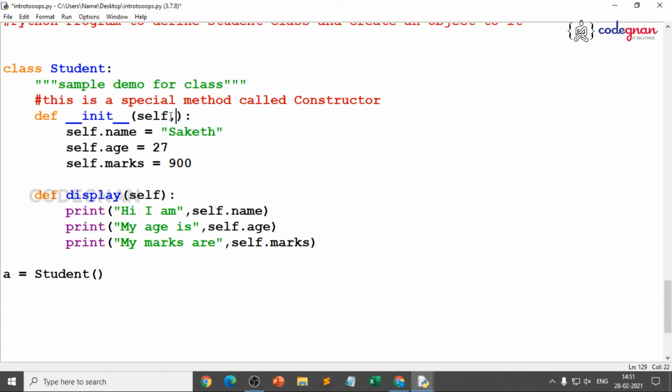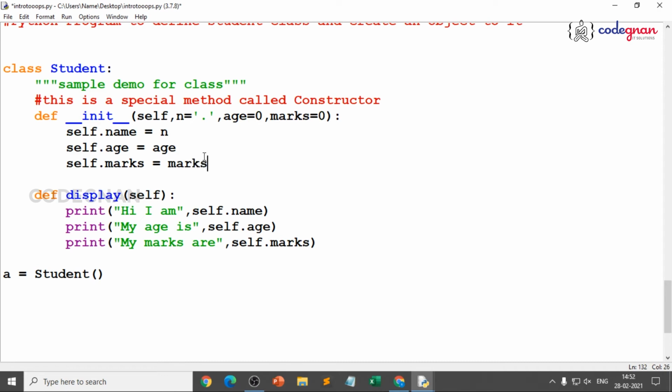So I'll keep up the same program: self, comma, n is equal to dot. I want to throw some default things. It's up to you, whatever you want to give. I'll give age is equal to 0 and marks is equal to 0. Now I'll give self.name is equal to n, age is equal to age, marks is equal to marks, because you can clearly observe now there will be a pretty much